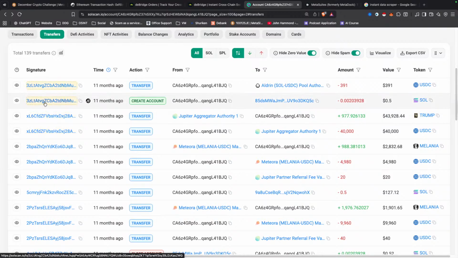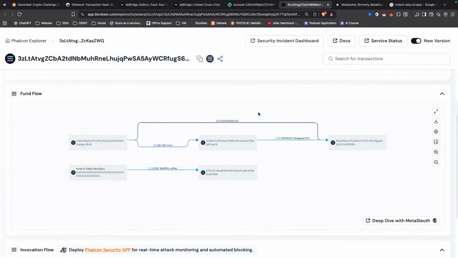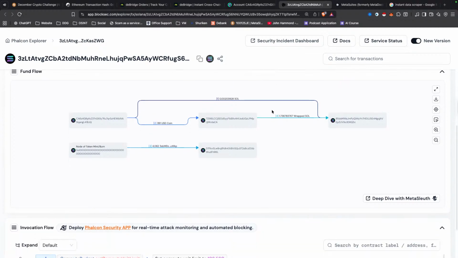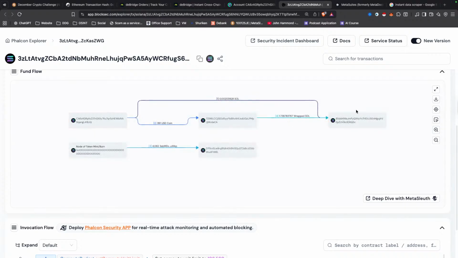What's happening here? Let's take a look. Looks like this one might go on to the next page as well, so let's just take a quick look on Phalcon. But essentially all we've had right now is a bunch of trades into meme coins and a couple of offshoots that go to a different address that looks like gas for something. Okay, funky transaction, 391 USD. It looks like there's a swap to a different address. Okay, fine.